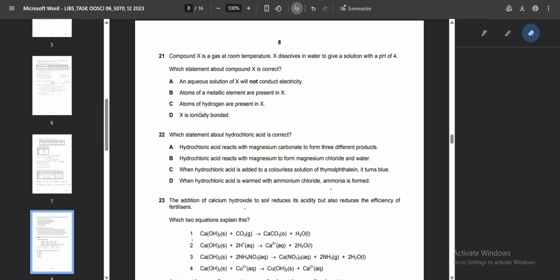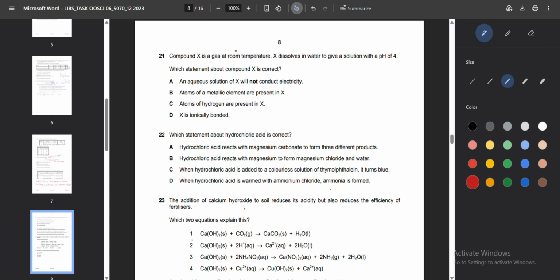Alright, question number 21. The compound X is a gas at room temperature, and X dissolves in water to give a solution of pH 4, meaning acidic. It's an acidic pH, so it must contain H positive ions. Which statement about the compound is correct? A is that